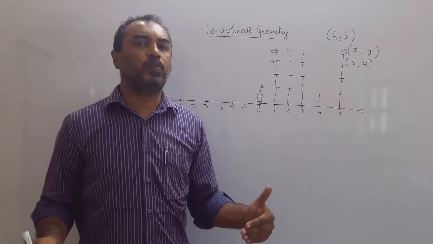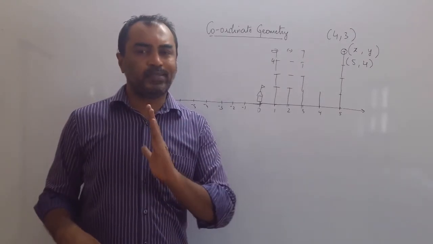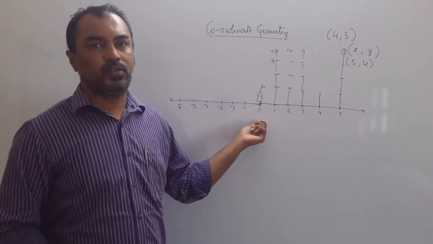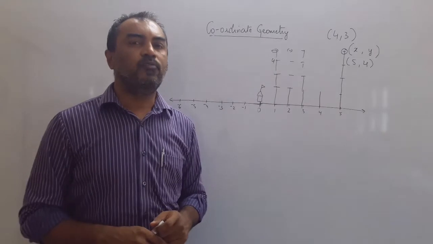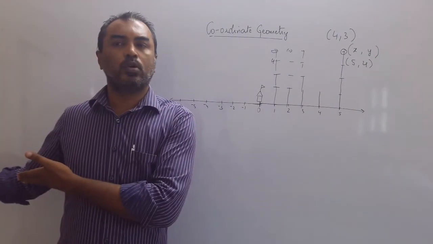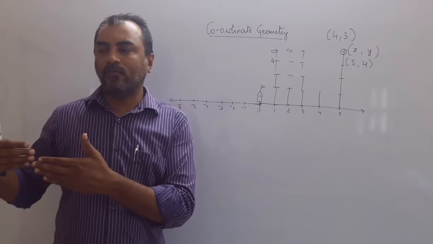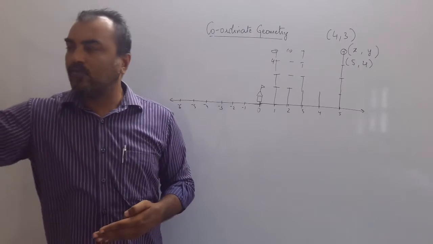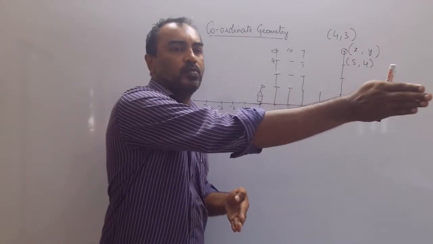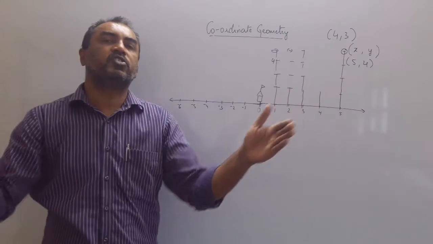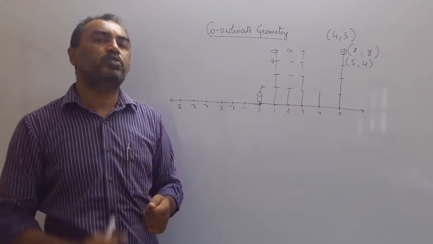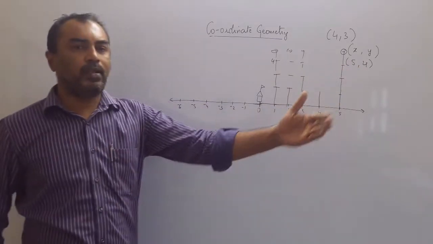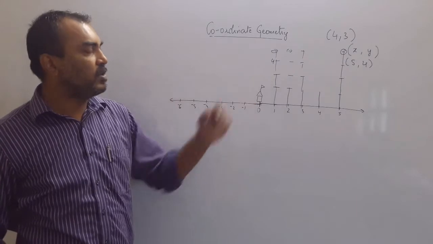In a two-dimensional plane, you always need one thing to tell you whether right or left, and from where you start from the origin. So in the classroom example, where was my origin? Say the door was the origin. I enter the door and then I have got columns, row 1, row 2, row 3, row 4, row 5, row 6, column 1, column 2, column 3, column 4, column 5, column 6. So 6 by 6 means 36 students in the class. To get the specific position of a child, I need to know both the coordinates. Means how much to the right and how much to the back. That will give me the idea.